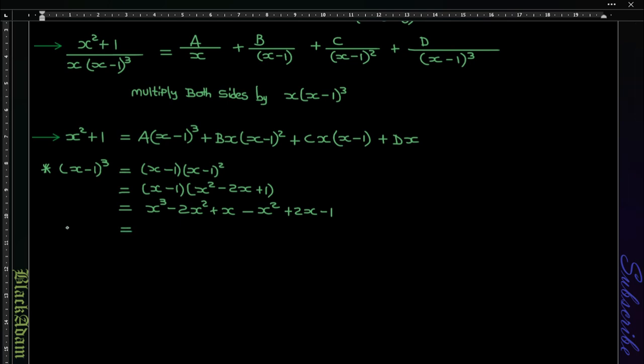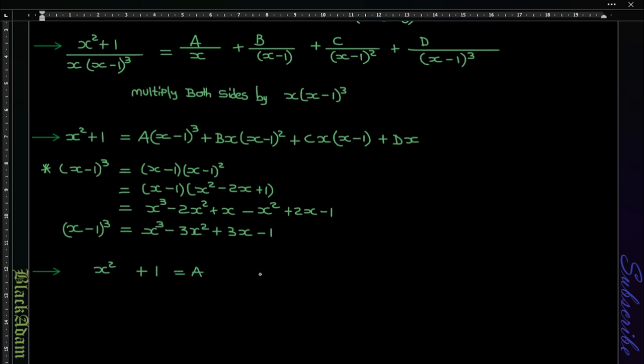Then we simplify, so we have x cubed, and then we add that together: minus 2x squared, and then minus x squared, giving minus 3x squared, then plus 2x plus x, giving plus 3x, minus 1. Okay, so now we have x squared plus 1 is equal to,